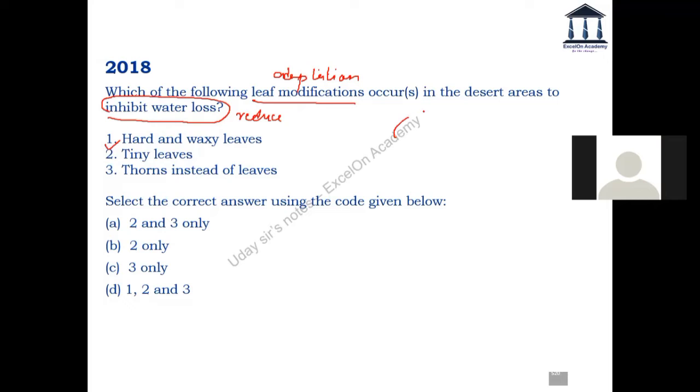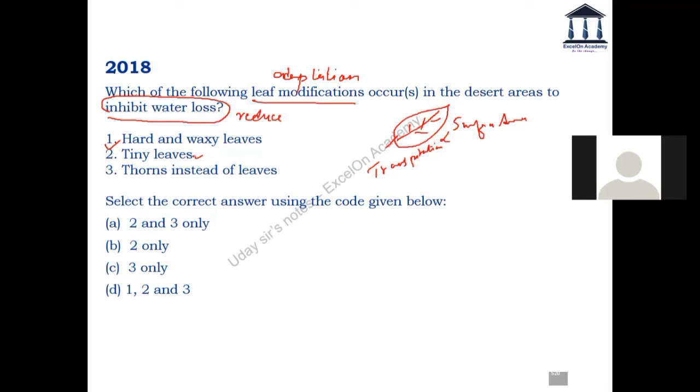So in any leaf, the larger the surface area... So what should I say? In any leaf, surface area, or I should put it this way. Sorry, transpiration from the leaf is directly proportional to the surface area. Do you all agree? Yeah, it is. Now, tiny leaves. So based on this logic, I know for sure that tiny leaf surely is the, yeah,